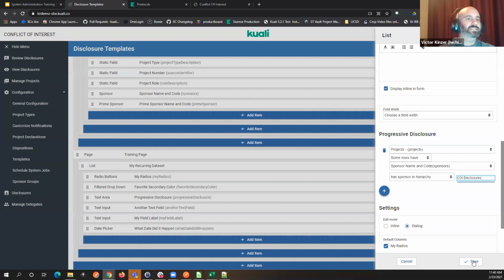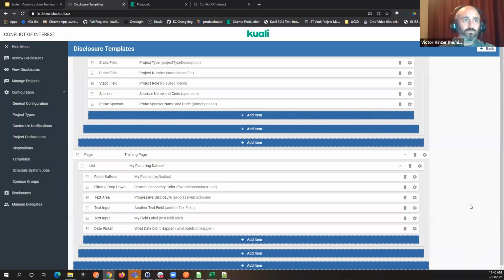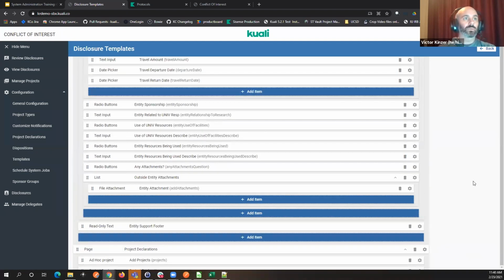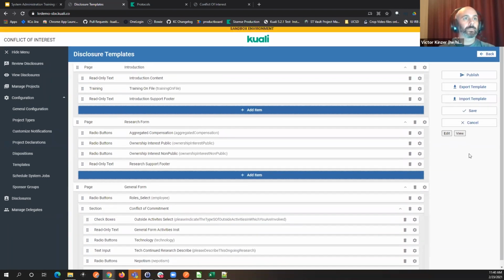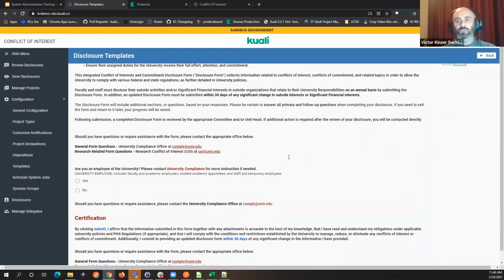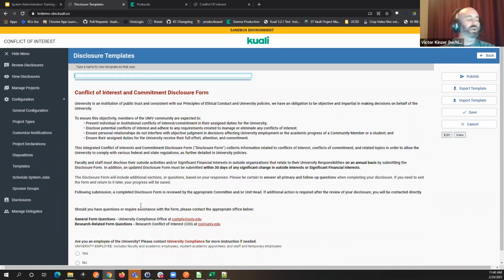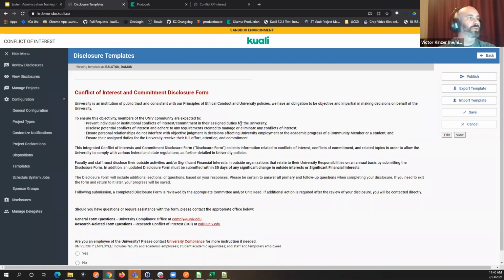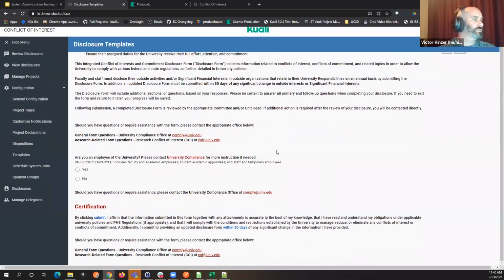And I'm going to save that rule. So I now have this rule, and I want to come up here and preview it. So I come over to view. The problem is I don't have any projects in here. There are no projects because this isn't a real person. But if I come up here, I have type a name to view template as that user. I can type in Damon Ralston, and this is going to pull in the actual data from his most recent